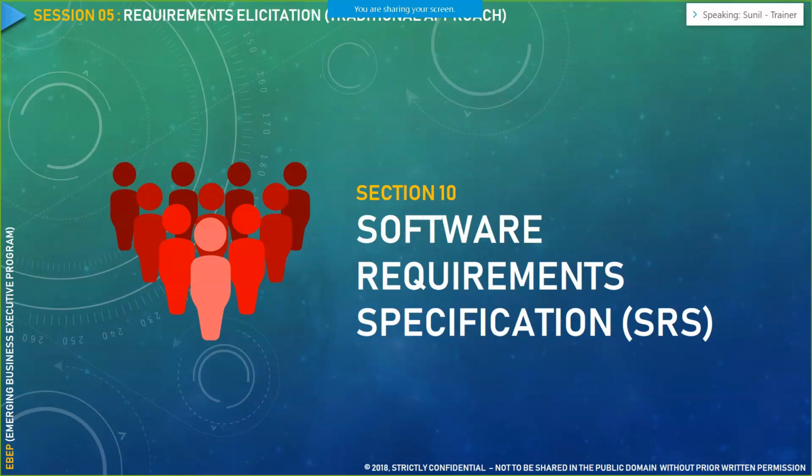The BRD always has the requirement at a very high level, comprehensible by the business user, whereas the software requirement specification is designed to cater to the needs of the development team or the technical user, wherein you go a level deeper and detail out the requirement for your technical audience, or the audience who would like to understand the requirement from a system context, like how it would be implemented in a particular system. For that reason, we create the software requirement specification.